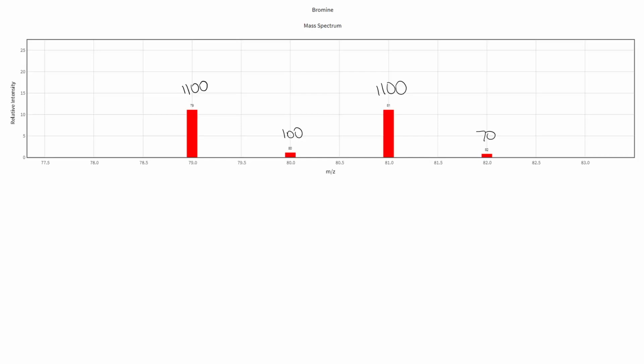Hi guys, so this is going to be a video on getting the relative atomic mass from a mass spectrum. A mass spectrum just shows you the relative intensities of isotopes for a given element. And right here we have bromine, and we have the relative intensities given for each of the isotopes of